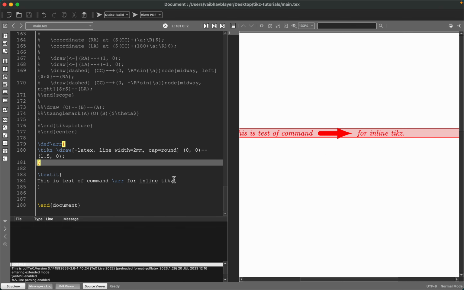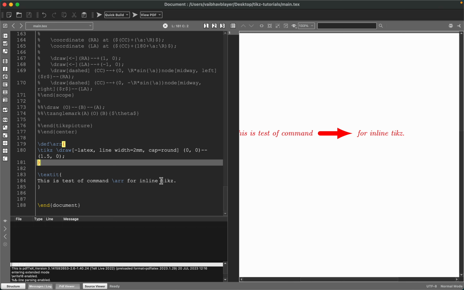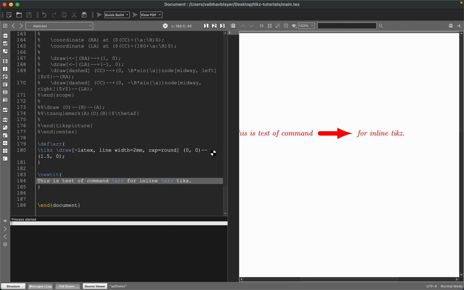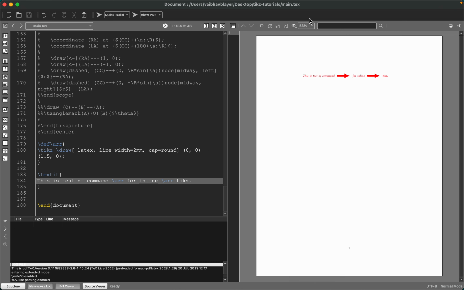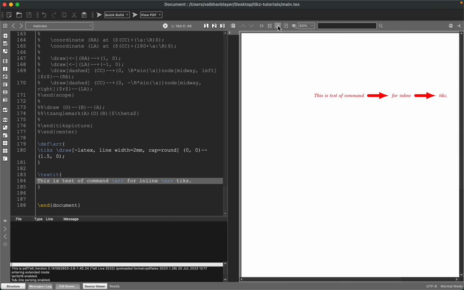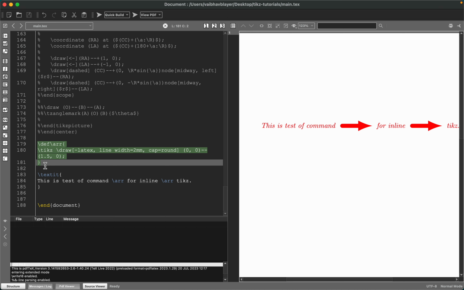This is a much simpler way to express one-liner text. So let's say you just defined it here, and you can use it in multiple places. So arr, and it will just draw simply. So this is how you can use inline text. I think inline text is very useful in defining something like a specific diagram inline. Or let's say change something here,